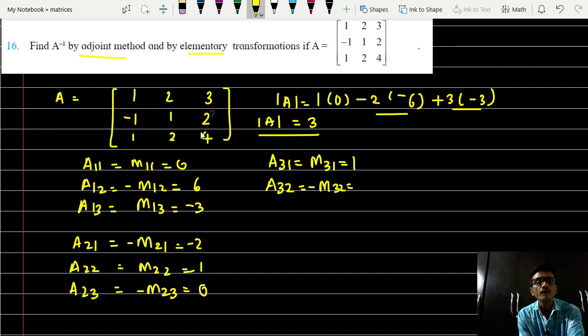2 + 3 5 और -5 है। A33 is equal to थर्ड रो और थर्ड कॉलम छोड़ना है, 1 2, -1 1। तो एक्सपेंशन क्या आएगा इसका? 1 और +2 3।